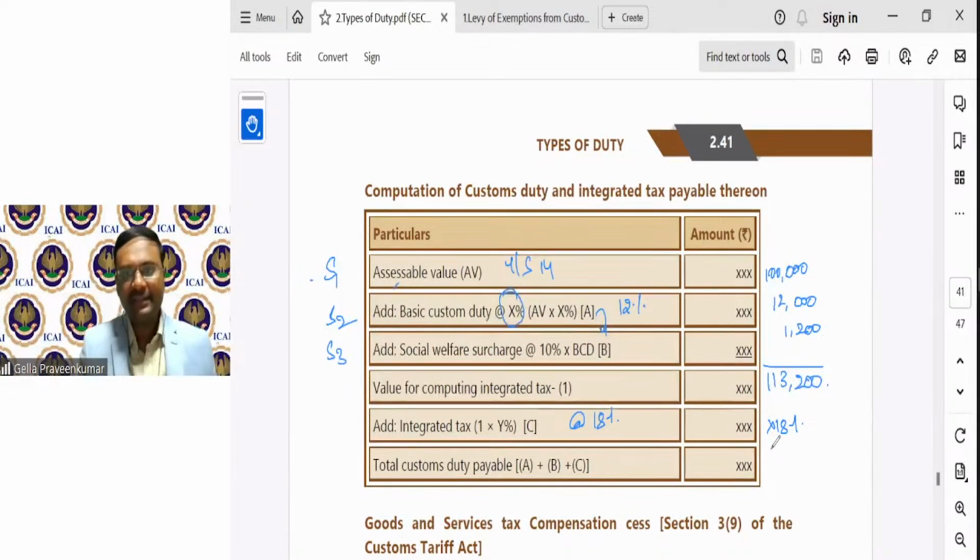Are you clear with this table? I'll pause here for a minute. Let me know if anyone wants this computation, this table, to be explained again.